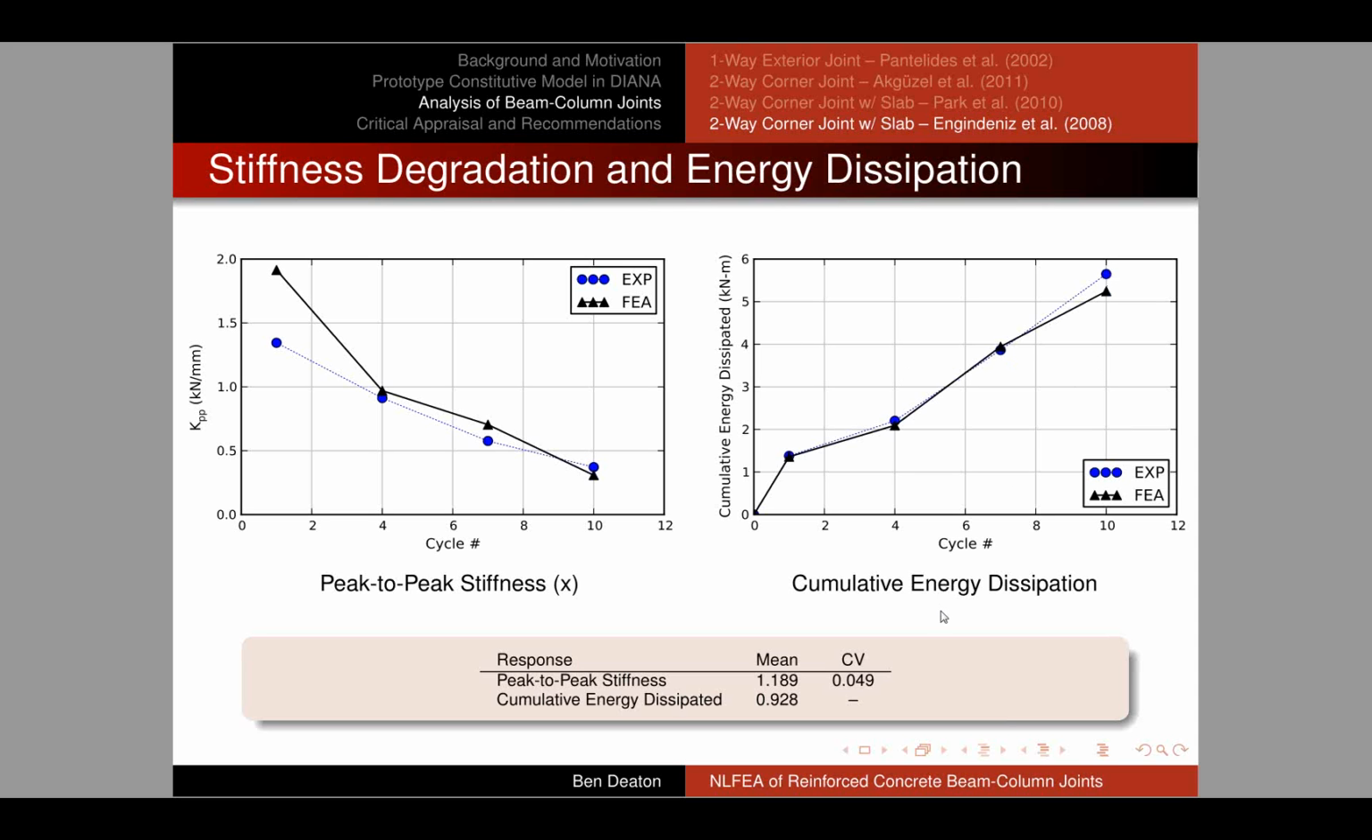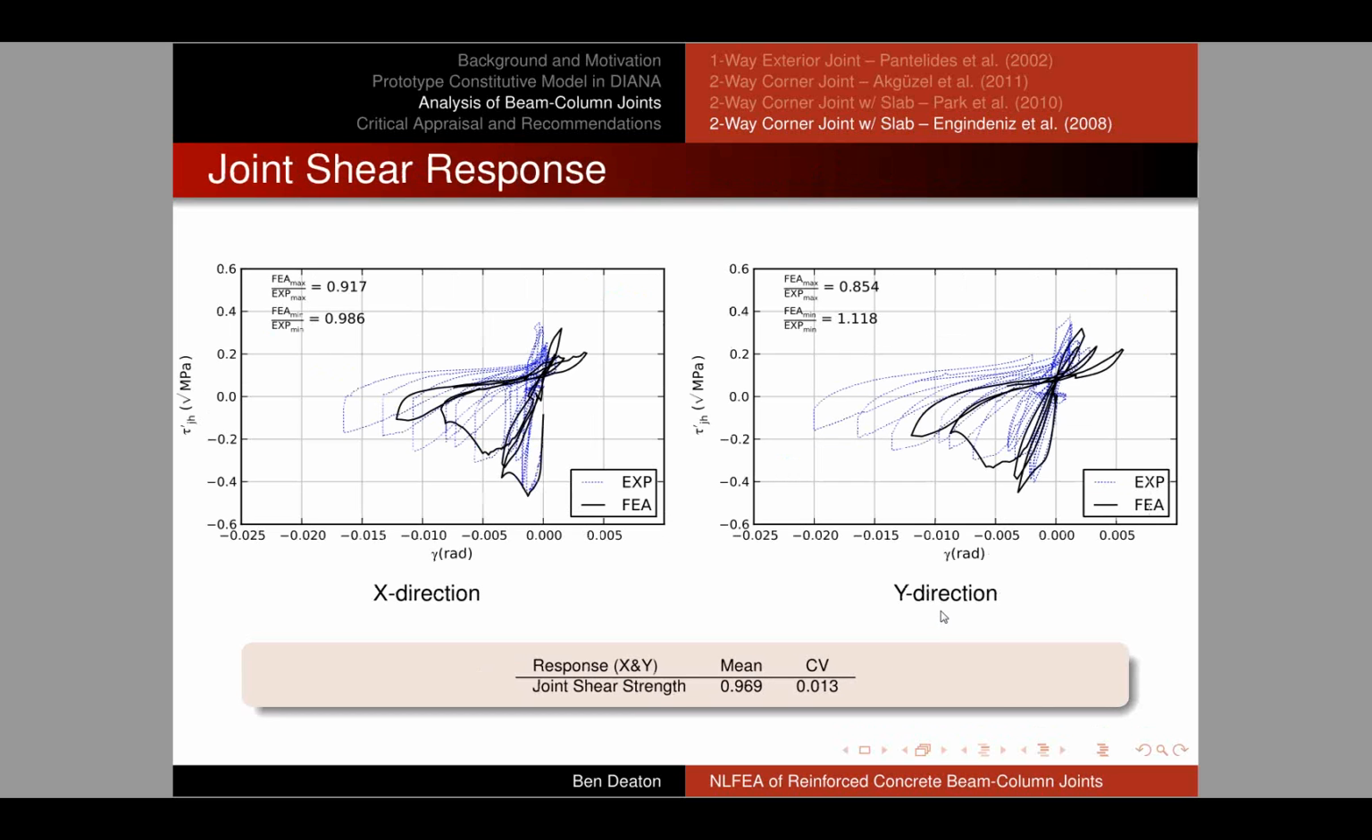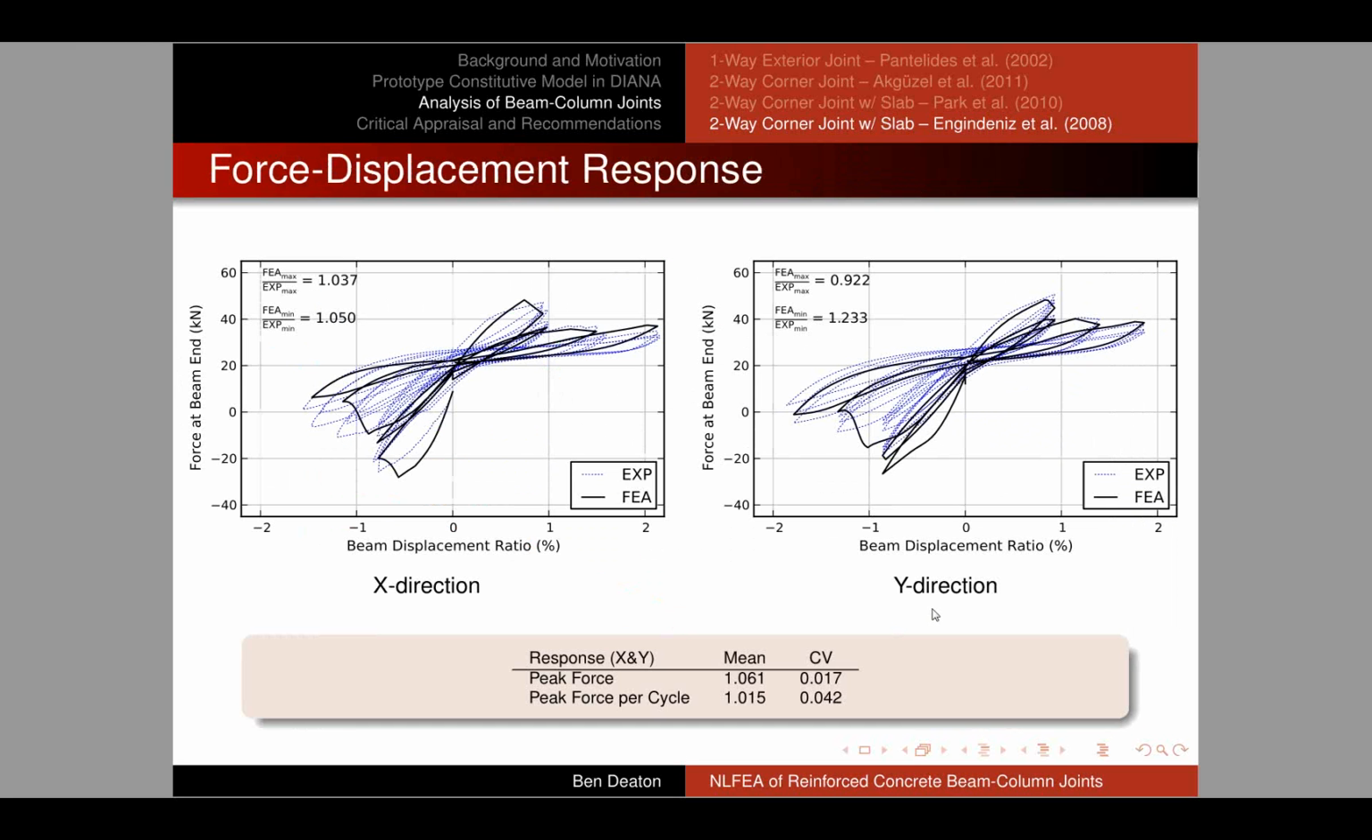But very, very good representation of the cumulative energy dissipation. Now, the joint shear response is an interesting quantity. I'd like to actually, before I show this, back up to this figure for 1 second. So one of the things we noticed in this experiment is that the negative moment capacity, the negative drift capacity